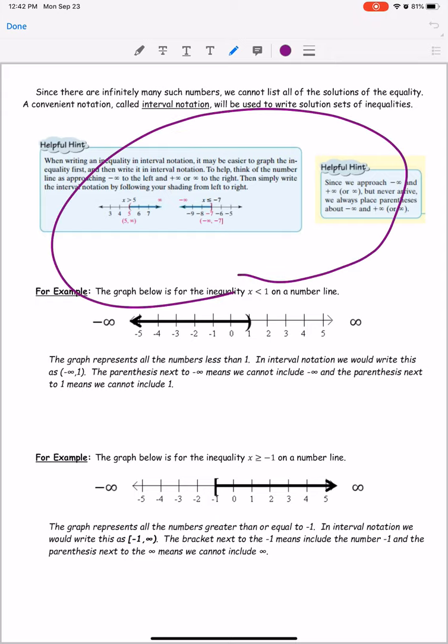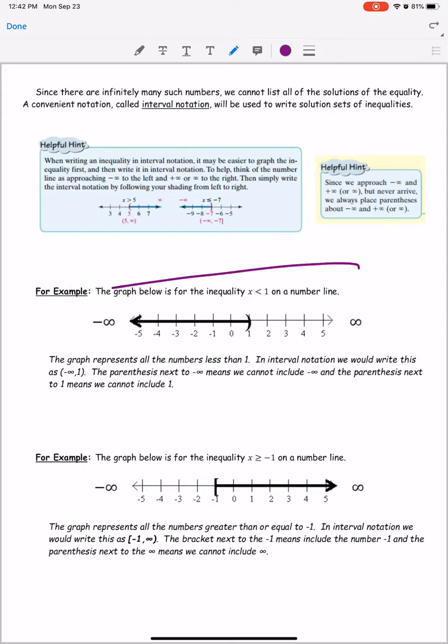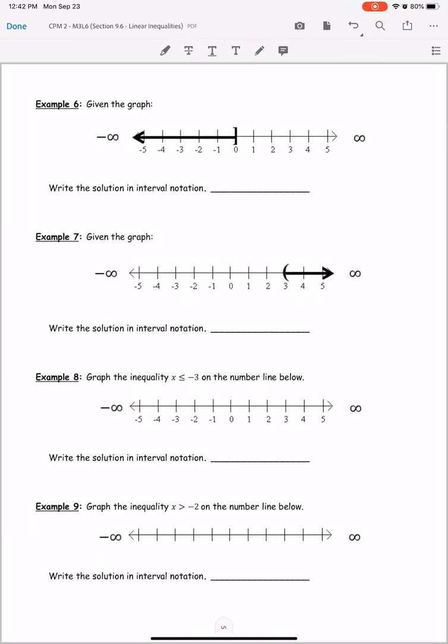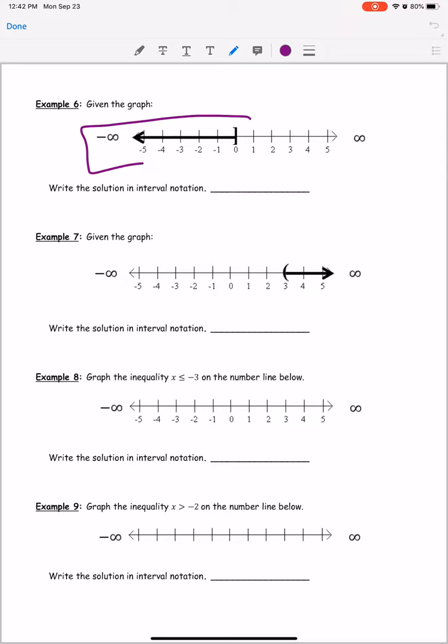Again, you can read this. You've got some examples here. If you want to look at these examples, you can. I'm just going to go on to the next page and just start showing you rather than explaining these examples. But these examples are here to help you if you need it. So on this page, they already have it shaded for me. So when you write this in interval notation,